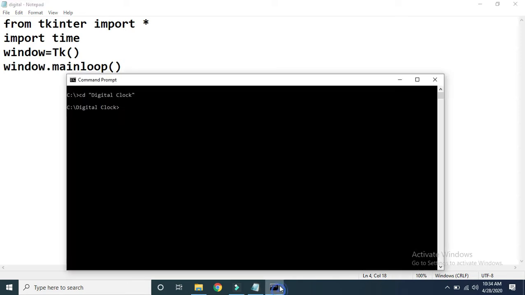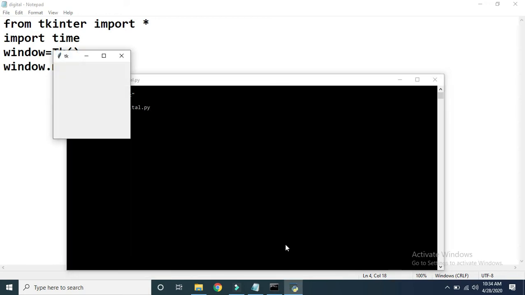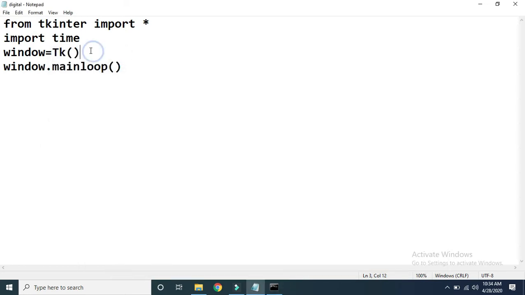If we execute this program, then we will get this type of window. Now let us give a title for this window as digital clock.